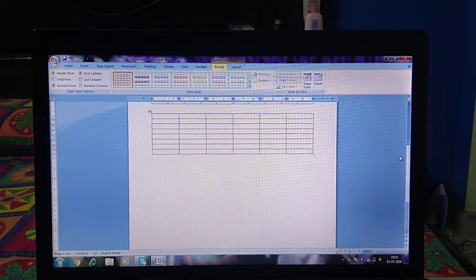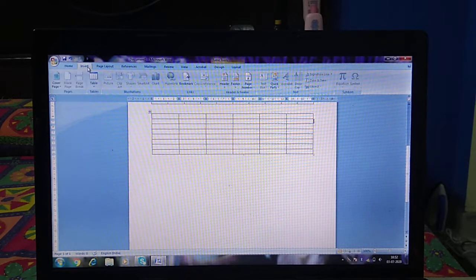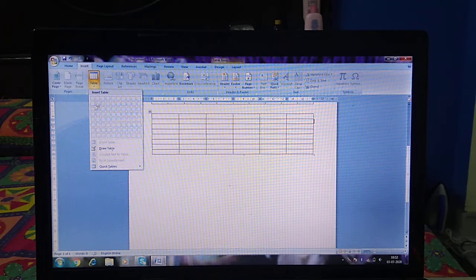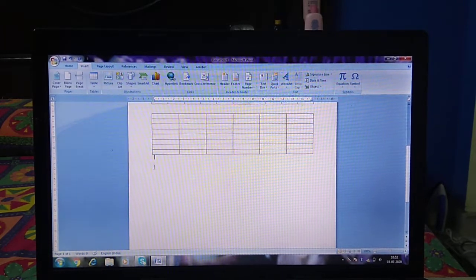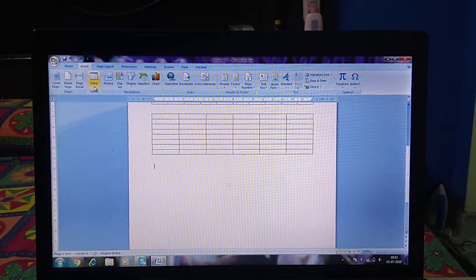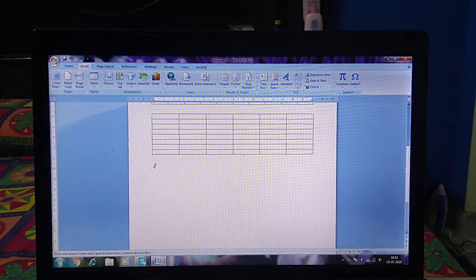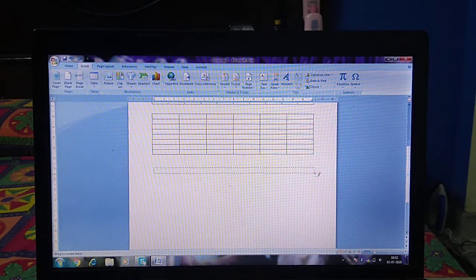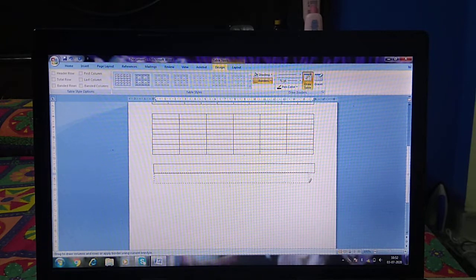Now the third way is using draw table. Okay, for the third way also again we will go in the Insert tab, then we will click on table. Listen, this is grid view, this is the draw table option here. So first we will click where we want the table, then we will go to table, then draw table. When you click on draw table, one pencil will appear in front of you, and you just have to drag like this to draw the rows like this.